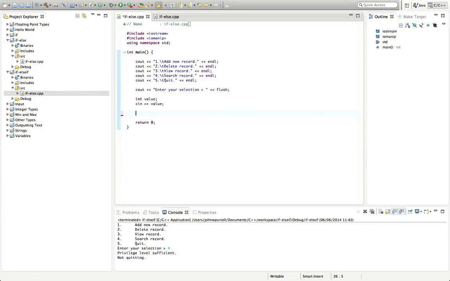So I'm going to type here if, and let's say value, that's the value that the user entered, equals 1. And then we can say cout "adding new record..." endl. And of course you could have anything in this menu, it's just a made up example. And we've seen that you could have an else on there. But what we can also do is we can type